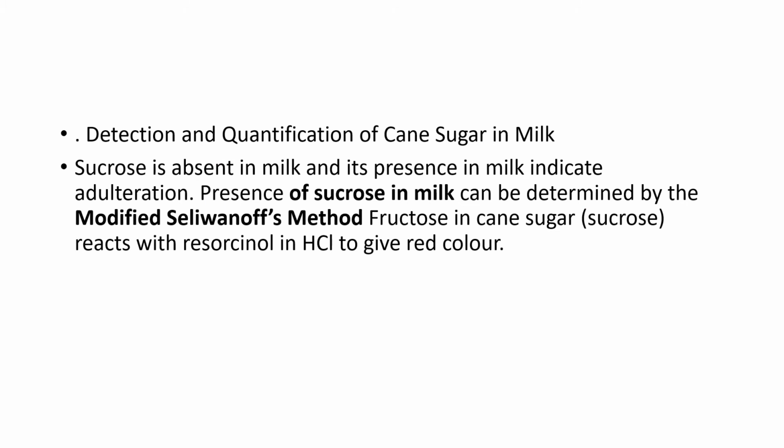First, the basic common adulterant we use in milk is cane sugar. Cane sugar is the sugar extracted from sugarcane, and it is made up of two components: sucrose and fructose. Normally milk does not contain either sucrose or fructose. So if you happen to find any sucrose or fructose, then the milk has been adulterated with cane sugar.